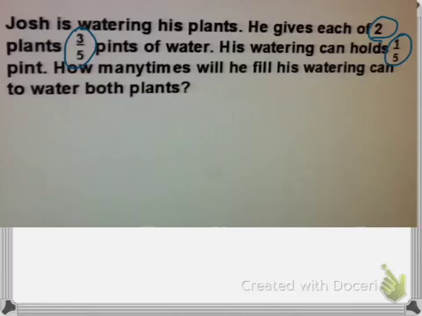Now, what I told the kids to do, the problem itself is 2 times 3/5. How did I get that? Well, he has 2 plants, and he needs to water each of those plants with 3/5 pints of water, so 2 times 3/5. However, what we're doing is trying to make this new problem into a math problem using a unit fraction and a whole number. Well, 1/5 is my unit fraction here. So there's 2 ways to go about this. The first way is to just multiply like we've been doing. 2 over 1 times 3/5, which is 6/5,